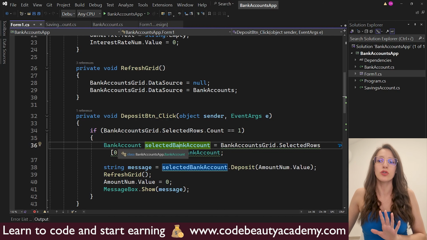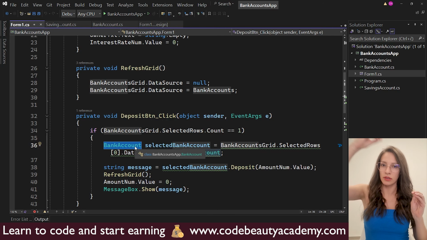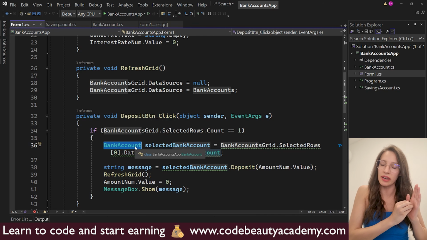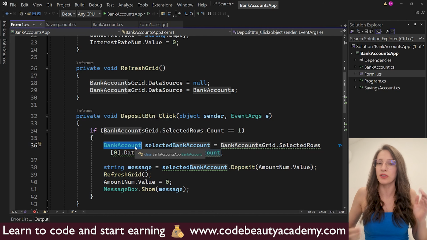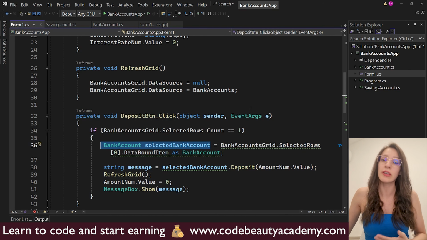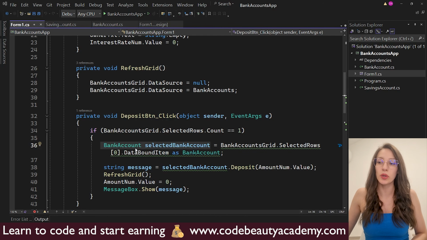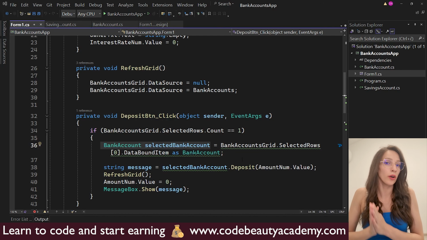So in our code, we treat it as a bank account, a normal regular bank account. But once we have the actual data and the actual account, our compiler will determine if it is savings account, invoke this deposit method, and if it is regular normal bank account, then invoke the base deposit method. And that is the magic of polymorphism. So this here reflects the ability of an object to have different behaviors in different situations. And that means that we can write our code like this. So only once using the base class, but that object can have the behavior of any one of the child